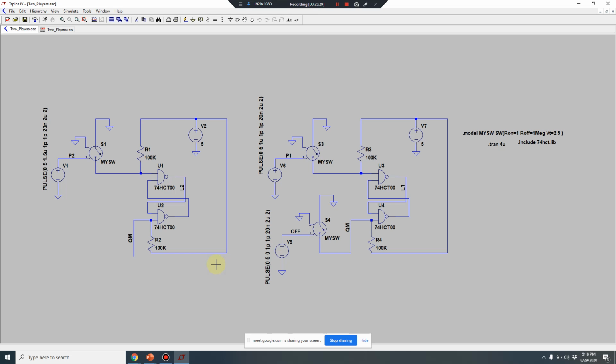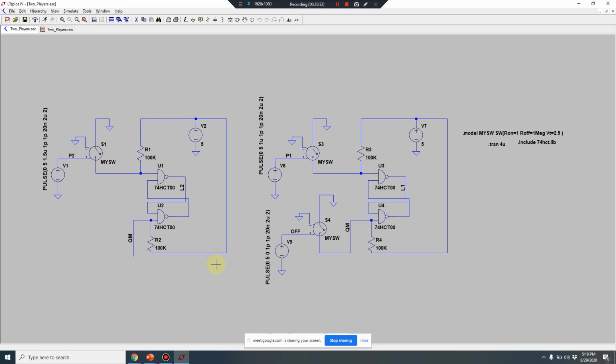This is only for two players. First you do it for two players. Once you do it for two players, it will be easy for you to do it for three players, four players, five players. It is pretty simple. If you understand the logic for two players, you can do it for four players also. So you can try and do a simulation for four players.